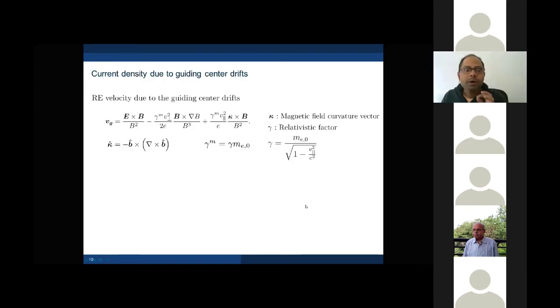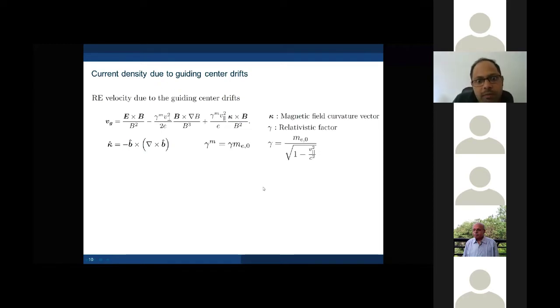Now, to obtain the equilibrium, how the plasma is in equilibrium in a tokamak plasma, we go through a short exercise. For this, one needs to first compute the total current density contribution from these relativistic electrons. For that, I start with the velocity. The velocity due to the guiding center drifts, that is, when we have a particle that is gyrating along the magnetic field,